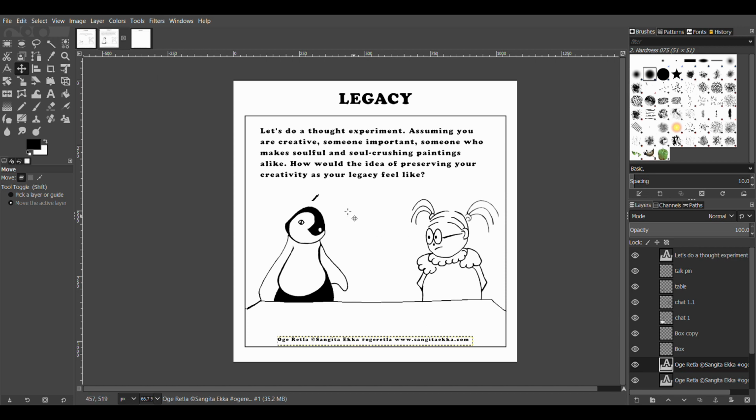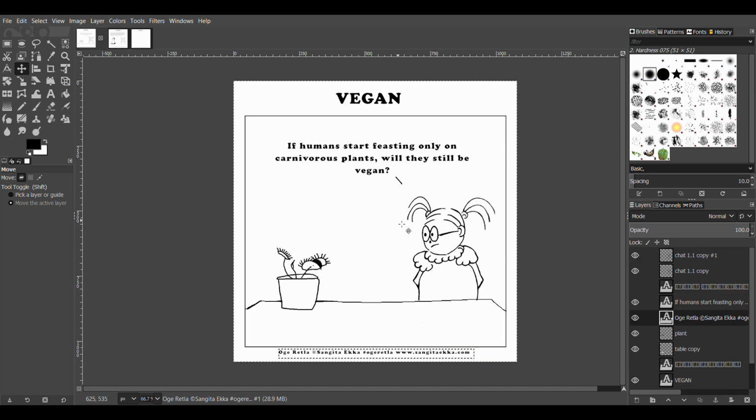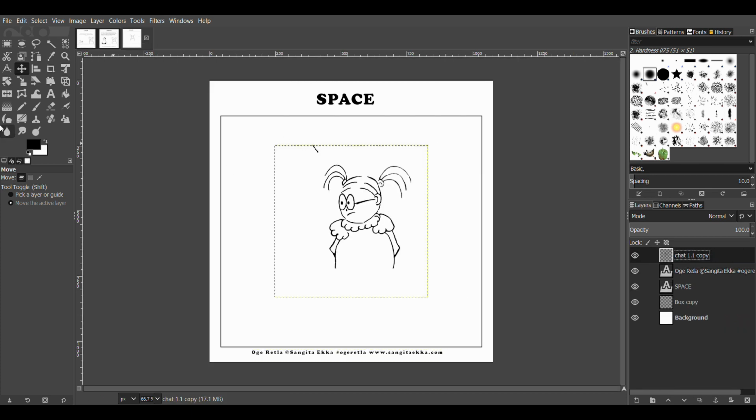Let's assume that I go over to Oge here, and let's check which one. Yeah, so basically these are both the same layers. You can just take it, grab it, and put it over here,